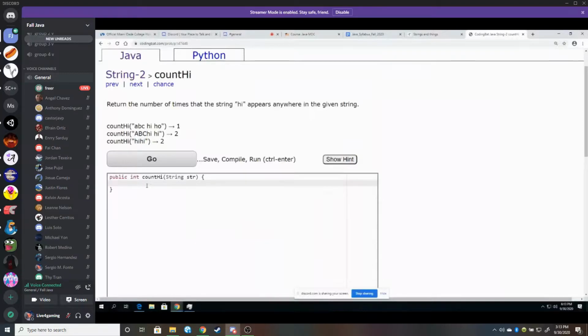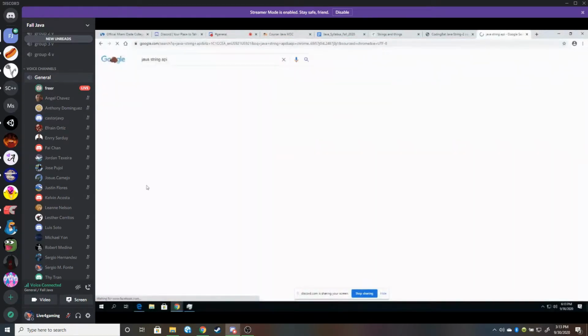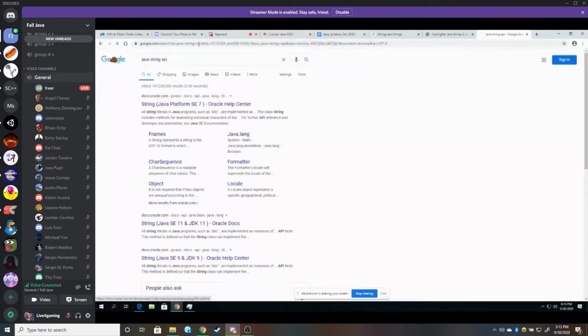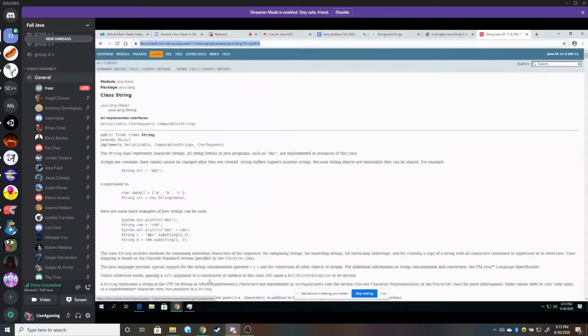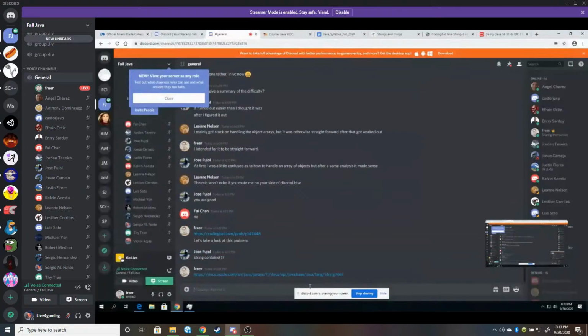Now, in the past, I've really emphasized that you can go to Java String API. You can read through all the documentation, right, as you practice. So string contains might not be a bad idea. But spend a minute reading through the documentation and think of possible methods to use.